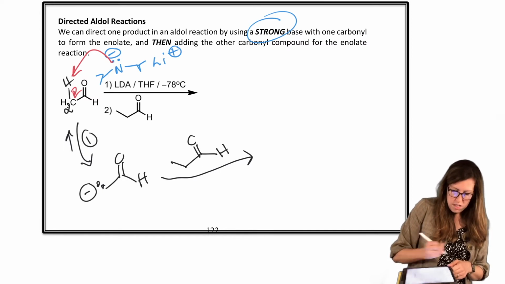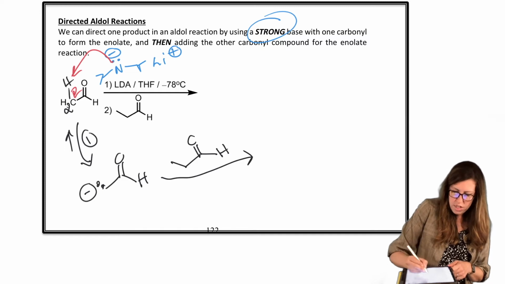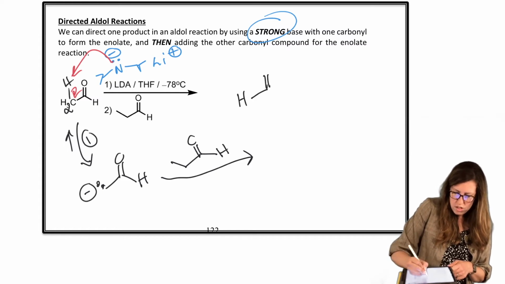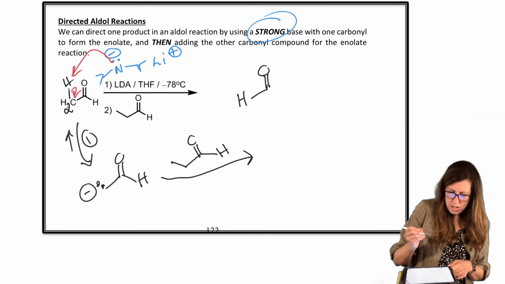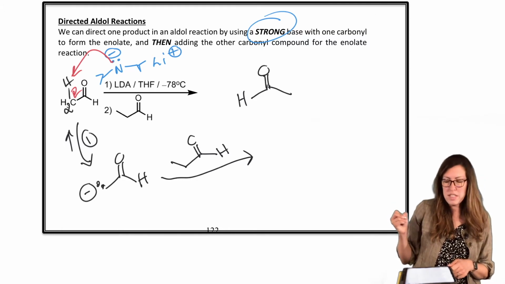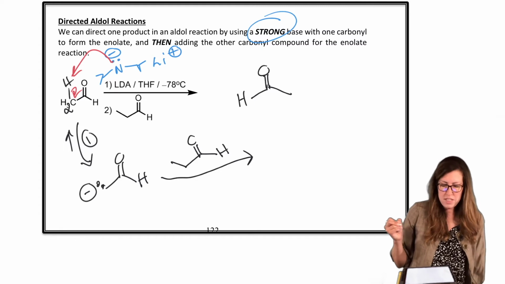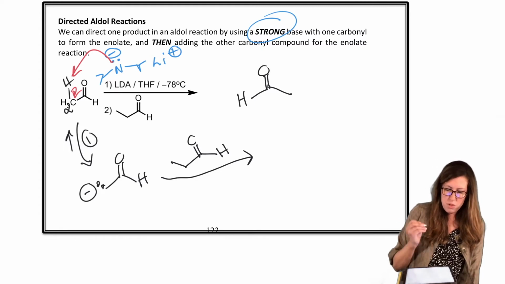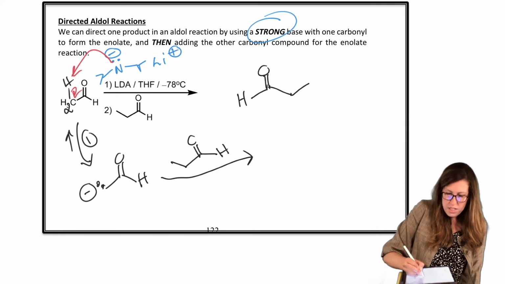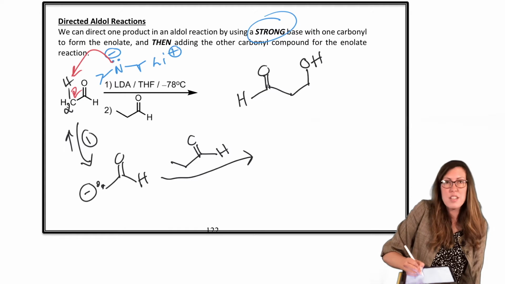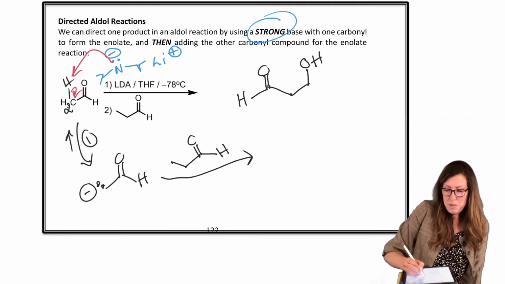Okay, so I'm going to draw just the addition product right now. So if we add, I'm going to flip this around, and there's my enolate. So how am I going to draw my addition product without showing every little mechanism step, if I want to be a little faster? You draw your enolate intact, draw the new bond to the one that's getting attacked, draw the OH, because it always attacks the carbonyl carbon, so the OH comes up off of that one after the new bond, and then everything else attached, H and ethyl.